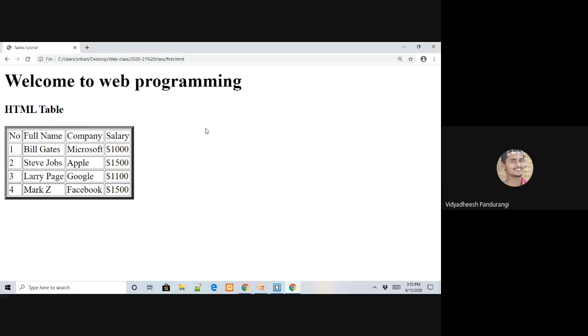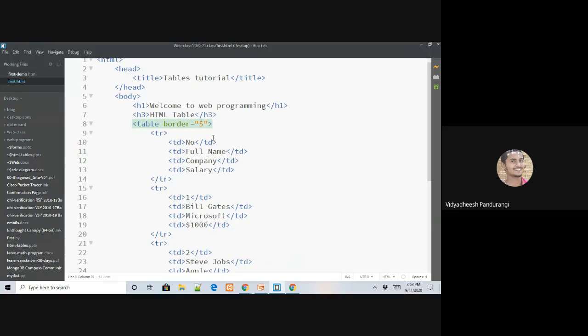Okay. So since I have drawn a table here, I would like to see this table fitting up the entire screen. I don't want it to be at the left of my screen. So how do I do that? I'll have to add one more attribute here. I hope you are aware about the attributes. Attributes are the special properties that are added to the HTML elements to provide a specific feature, or let's say a special thing which will make it more and more sophisticated for the users to view.